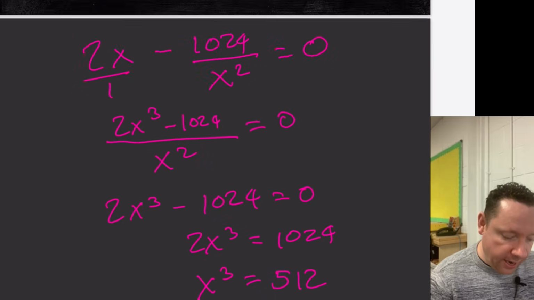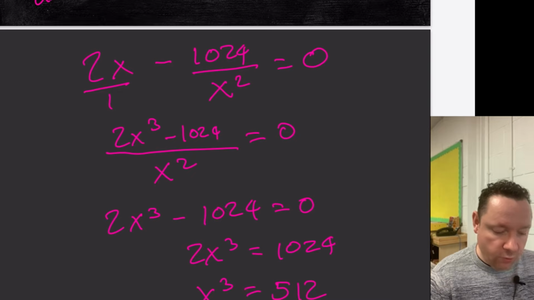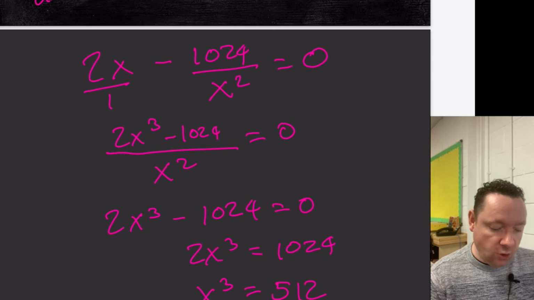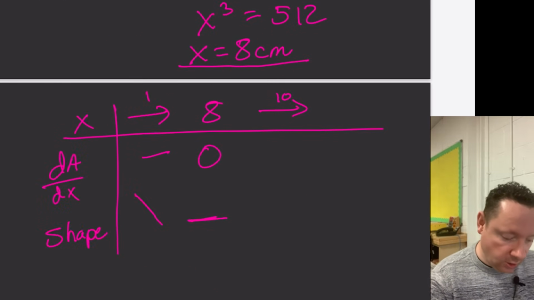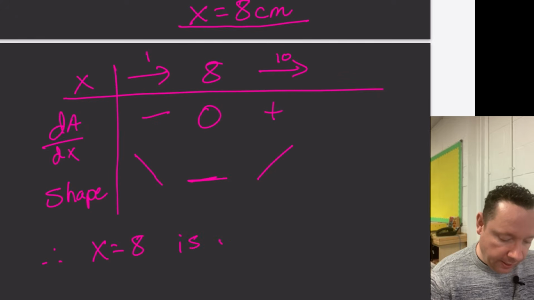And then picking 10, 2 tens is 20, minus 1024 over 10 squared. You might need a calculator to work this out. 10 squared is 100, so 1024 divided by 100 is 10.24. 20 minus 10.24, well, that's positive. So we can just say it's positive in the shapes here, and therefore x equals 8 is a minimum